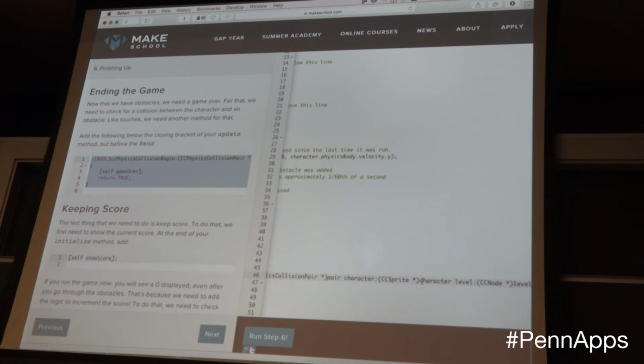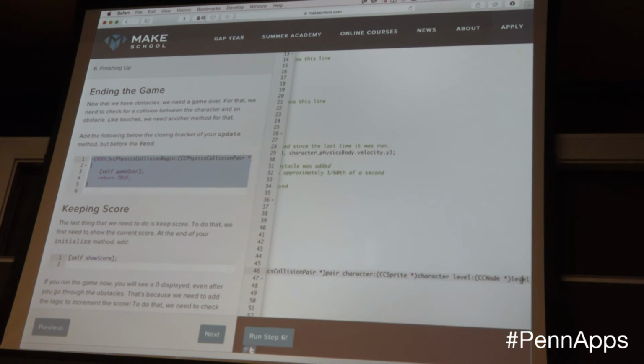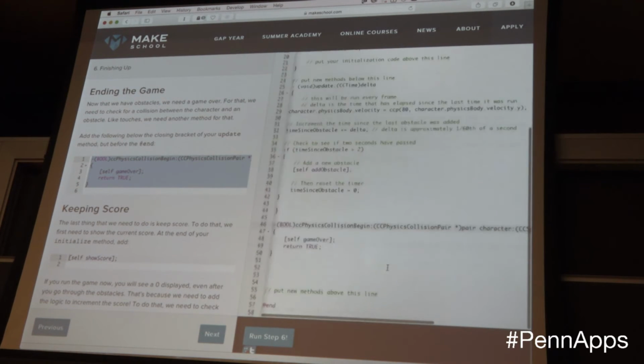In this case, it's saying if a character hits the level, and if that happens, we're going to send ourself, the class, the object, a method called game over so that we know the game is over.